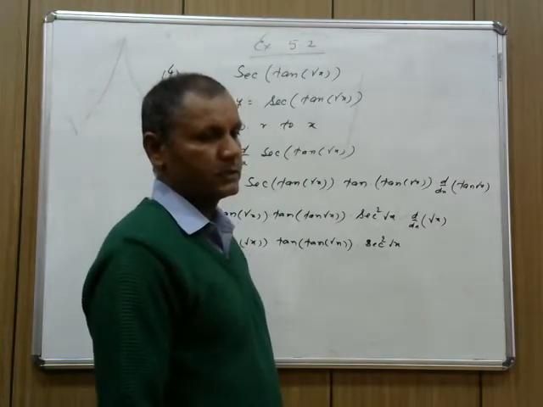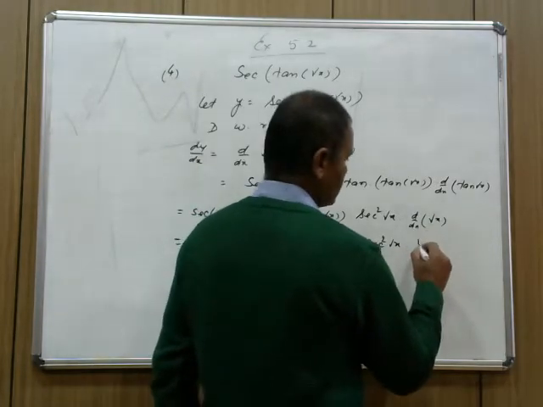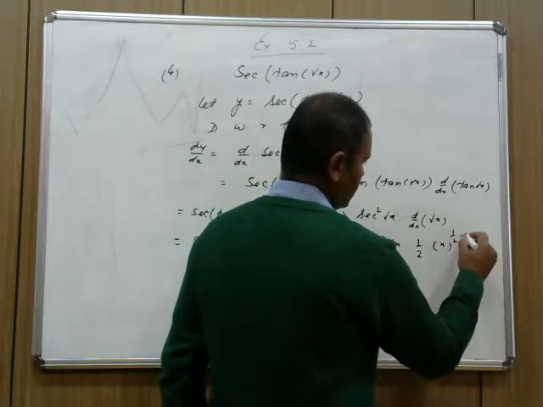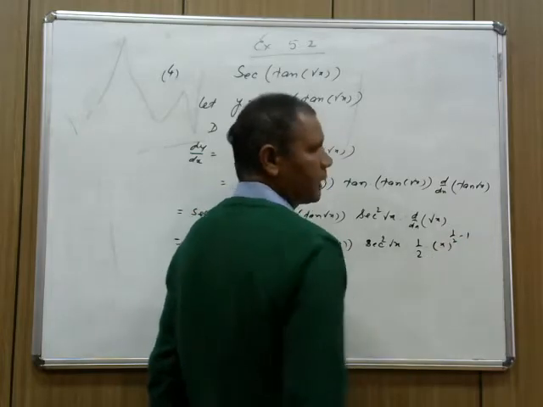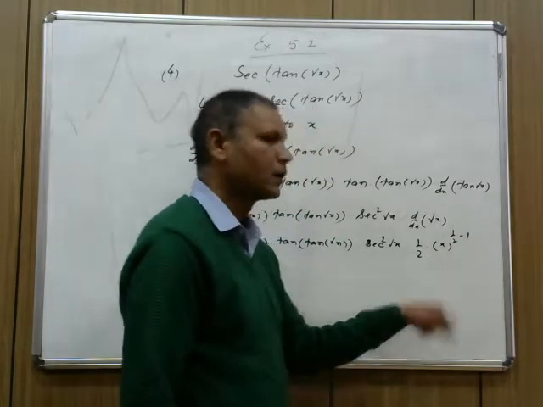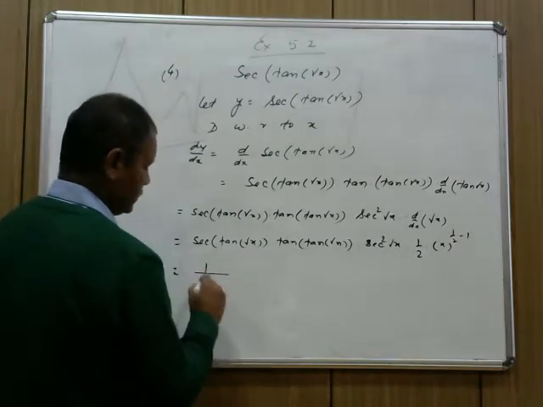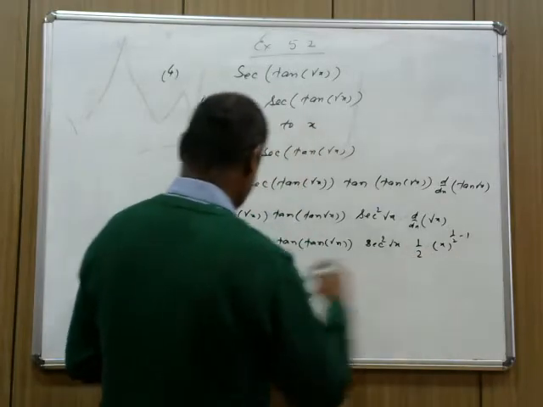Differentiation of x to the power n is equal to n x to the power n minus 1. Here power is 1 by 2. That's why power into function power minus 1. That means 1 by 2 and x to the power half minus 1, that is minus half, that is 1 upon under root x. So now can I write this? 1 upon 2 under root x into